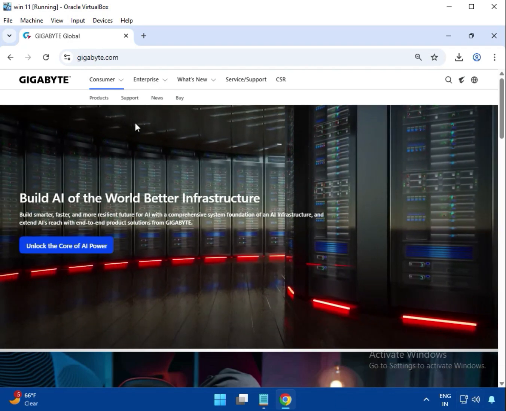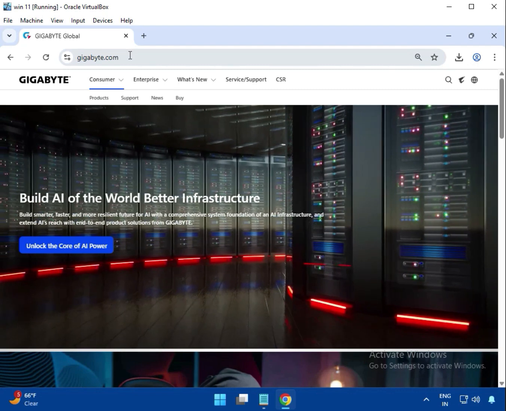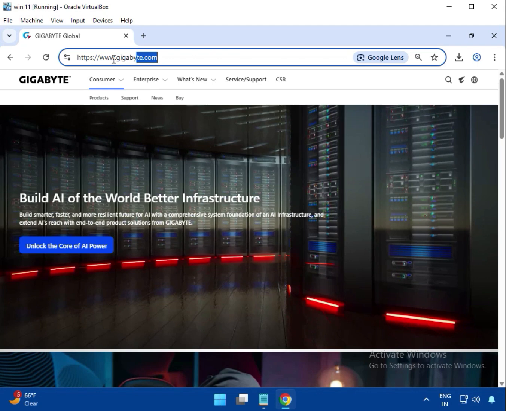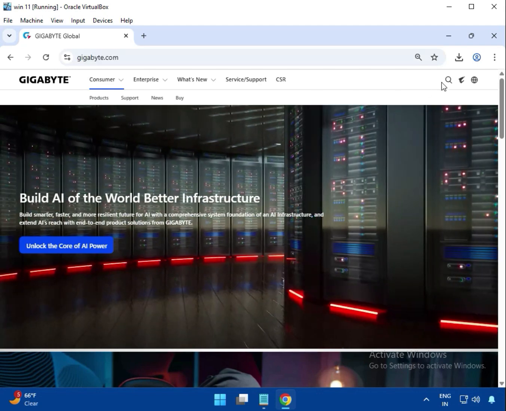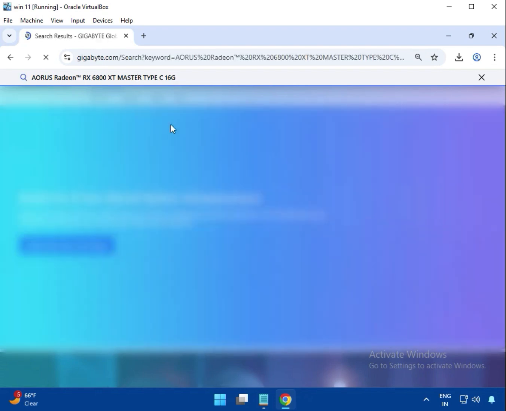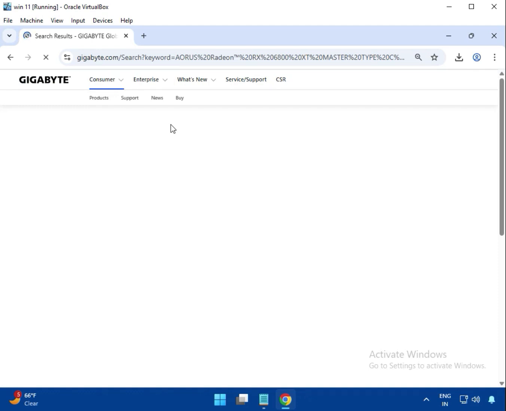How to download Gigabyte graphic card driver. So first you have to come to this site, www.gigabyte.com. This is the official website. After that, click on search and then enter the model number of the motherboard or graphic card, AORUS Radeon RX 6800 XT Master Type C 16G,